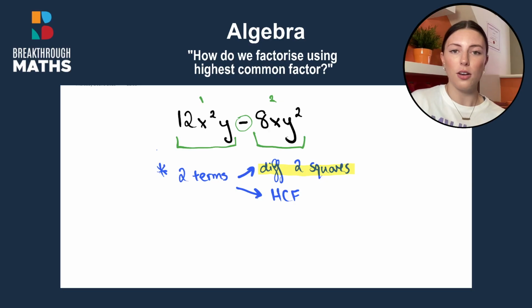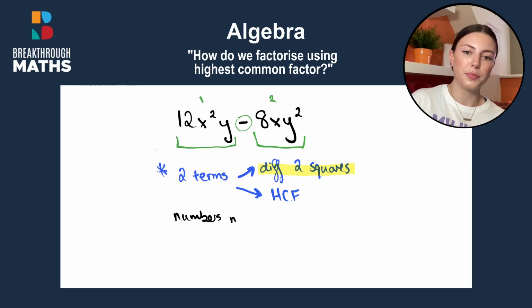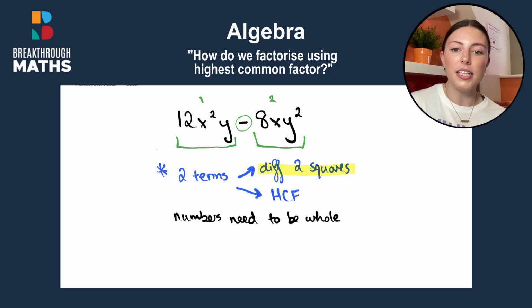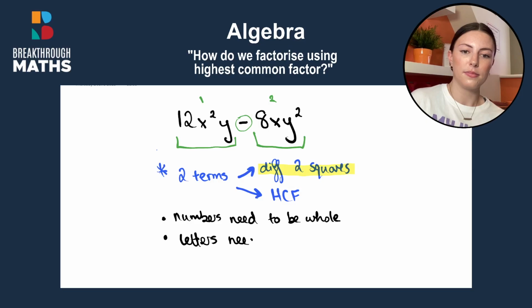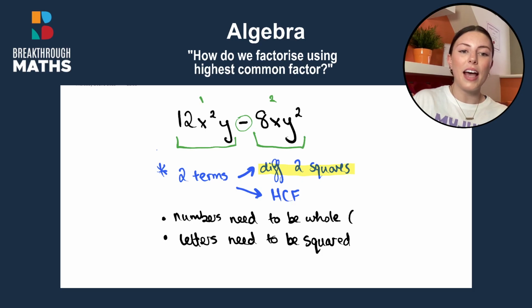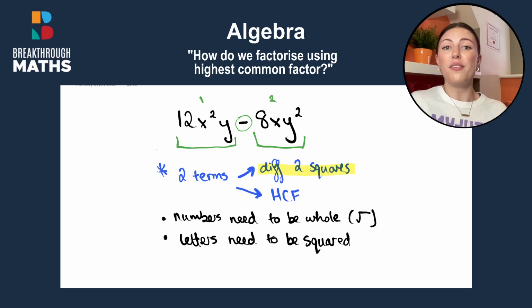Well, how do you do that? Well, it means that each of your numbers need to be whole numbers. So your numbers need to be whole, and your letters need to be squared. So when I say your numbers need to be whole, that's after you've gotten their square root. So if we get the square root of 12, you will see in your calculator that that is 3.464,